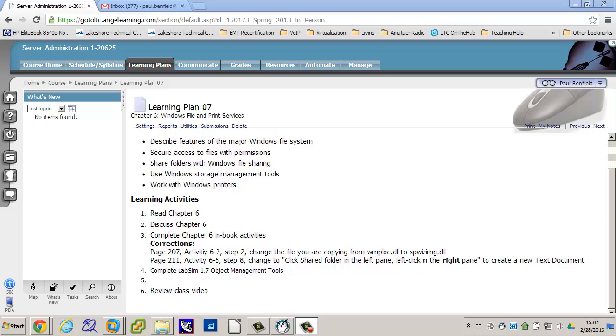We can do file sharing with a file sharing wizard. Create a test folder, then share it by using the file sharing wizard. 612 is probably a little bit more common. I don't know, I like to work with it that way when I do work with sharing a folder with advanced file sharing. Most of the stuff that we've been doing within class so far has been using the advanced file sharing section of the sharing.